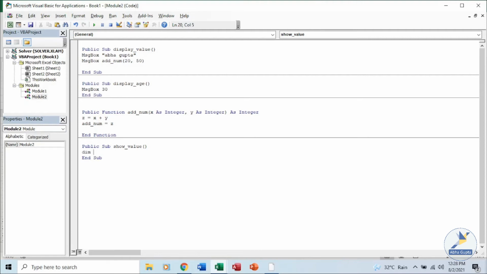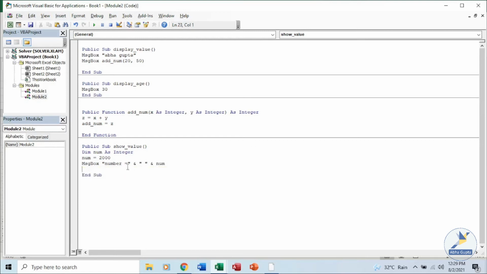I have dim num as integer. We have a number, and num equals 2000. We have assigned a value of 2000, and let's say message box "number equals", ampersand, a space over here so it is visible, and the number itself.